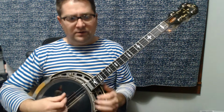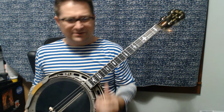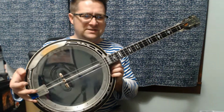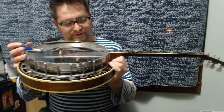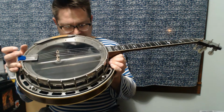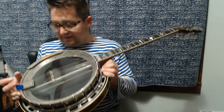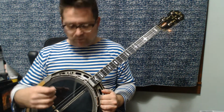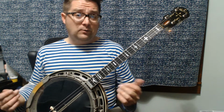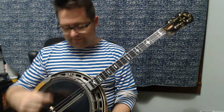And even though this era of Gibson banjos isn't wholly regarded by collectors, this is still a pretty decent banjo from that era. This tone ring seems to fit it pretty well. It's got a clear head right now. I think this one sounds pretty good personally, but the price of this one as it is currently for sale will be reflective of the fact that this is that late 60s, early, well, really any time in the 70s